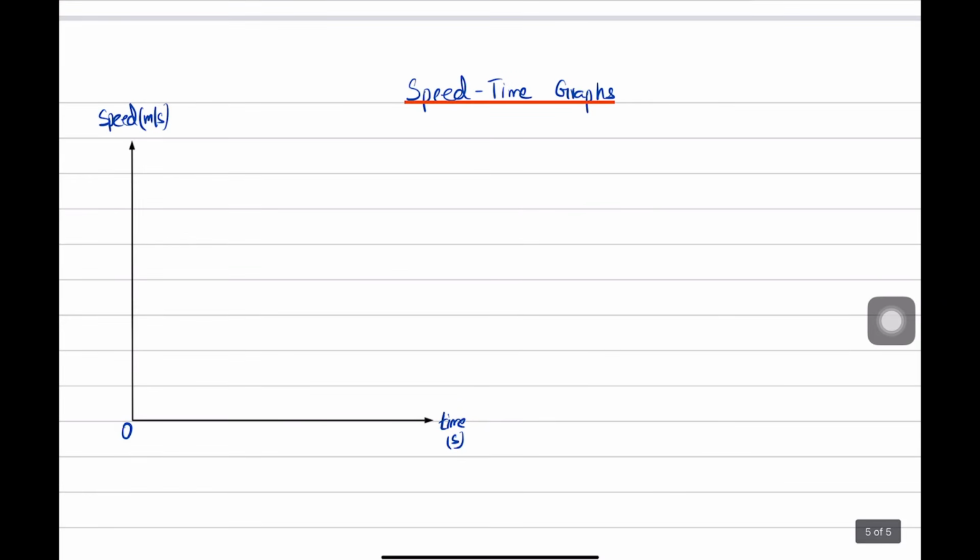Speed starts to increase. Okay, so the speed is increasing. Now, for those of you who have done physics would know this, but for those of you who